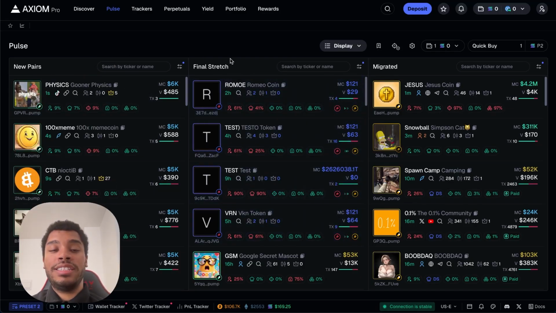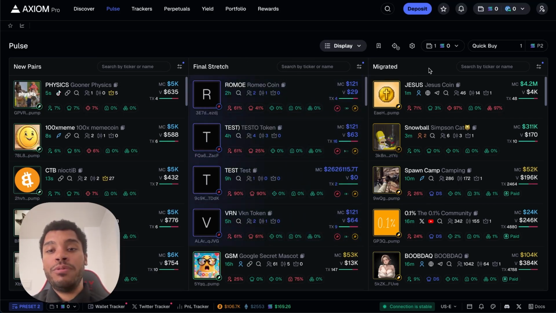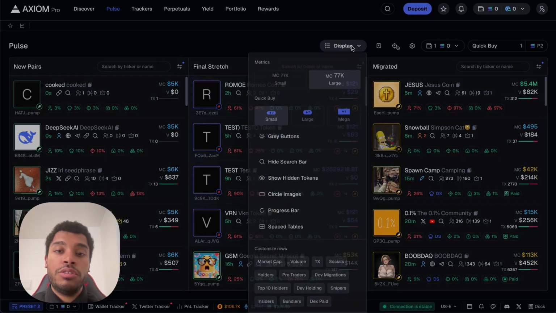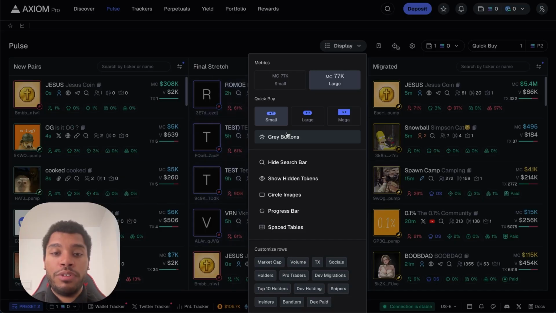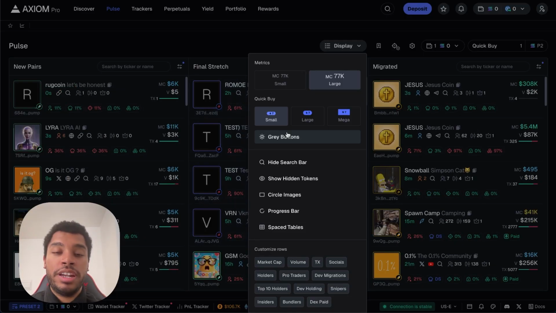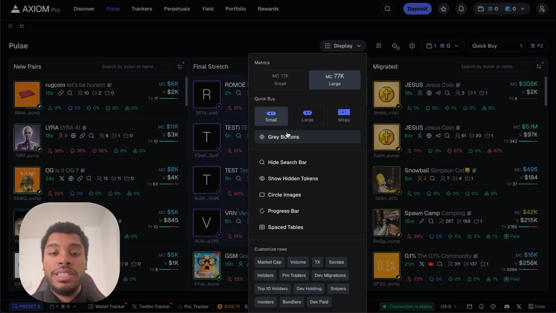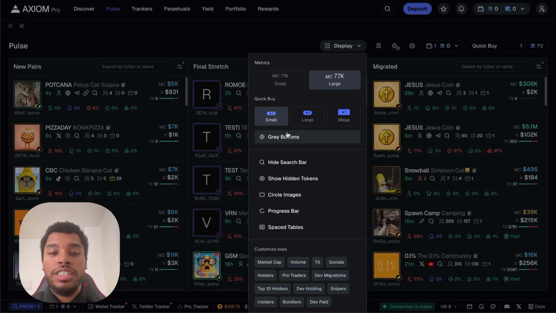I have the final stretch, which are basically the meme coins that are about to migrate, and here where it says migrated, I have all the meme coins that have just migrated. If I click on display, I have some options to change the appearance of the Pulse dashboard. For example, I can decide the colors of the buttons, what is going to appear and what is not, and the size of the various elements. This basically allows me to personalize all the aspects of this Pulse dashboard